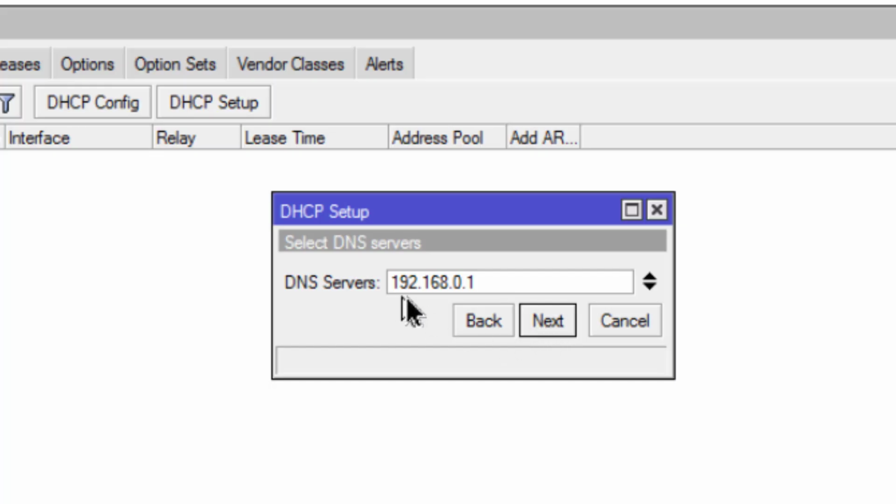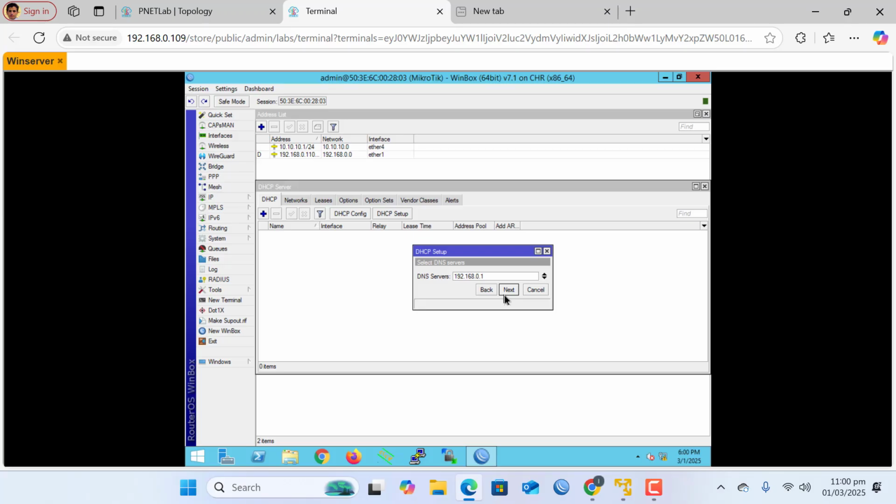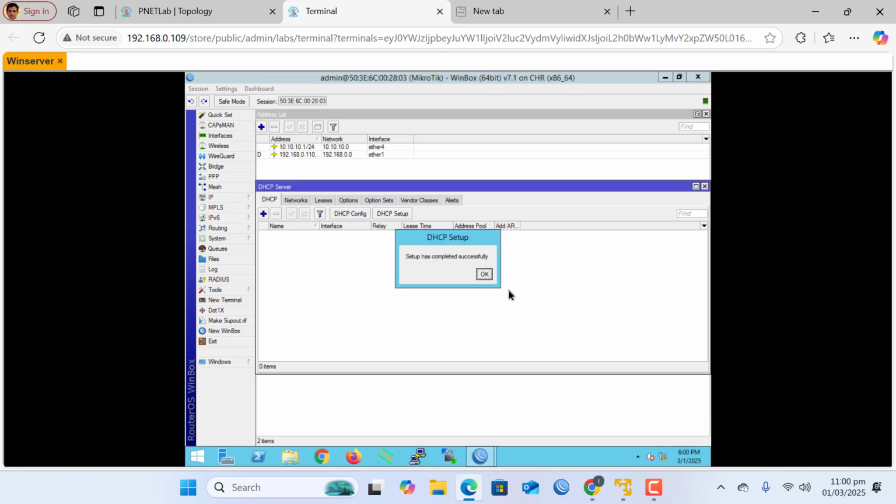Then the DNS server, and here you can also specify 8.8.8.8 or any other DNS server. So in this case I'm not going to change it, and click on next, and this is the lease time, and again I click on next and click OK. Now my DHCP server has been successfully configured, and if I go to this PC,